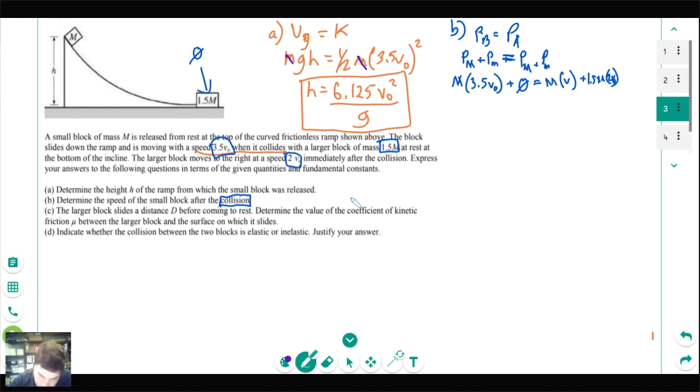All right, so we can drop all the m's out because every single term has one. So we're left with 3.5 v naught equals v plus 3 v naught. That means v must be equal to 0.5 v naught. And because this is positive, we know we're also moving to the right in this case. The question didn't ask it, but it's always good to keep in mind what's going on here. We're not bouncing off. We're not bouncing away. We are just sitting in there and going the other part.